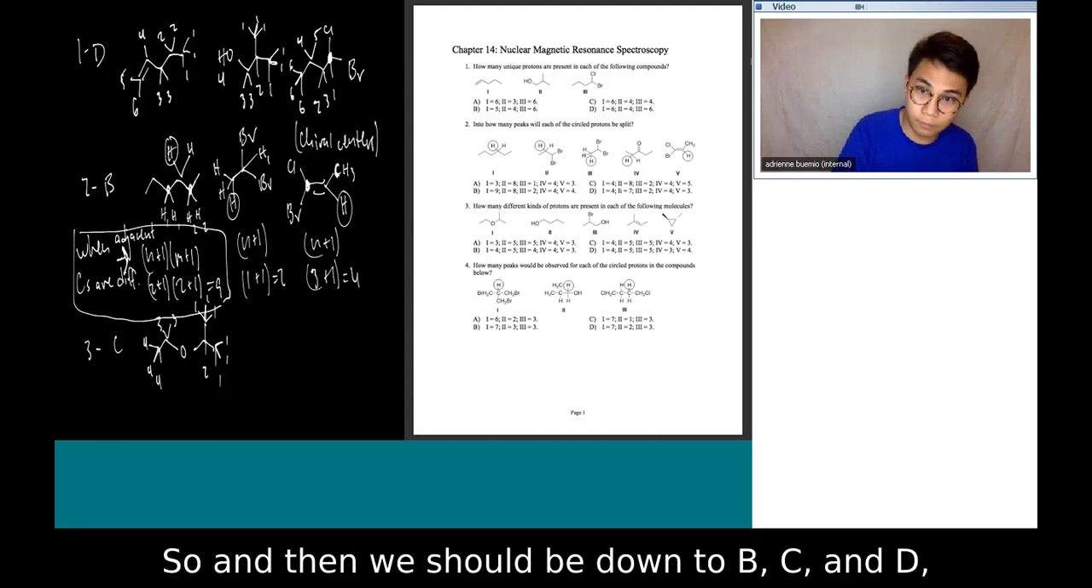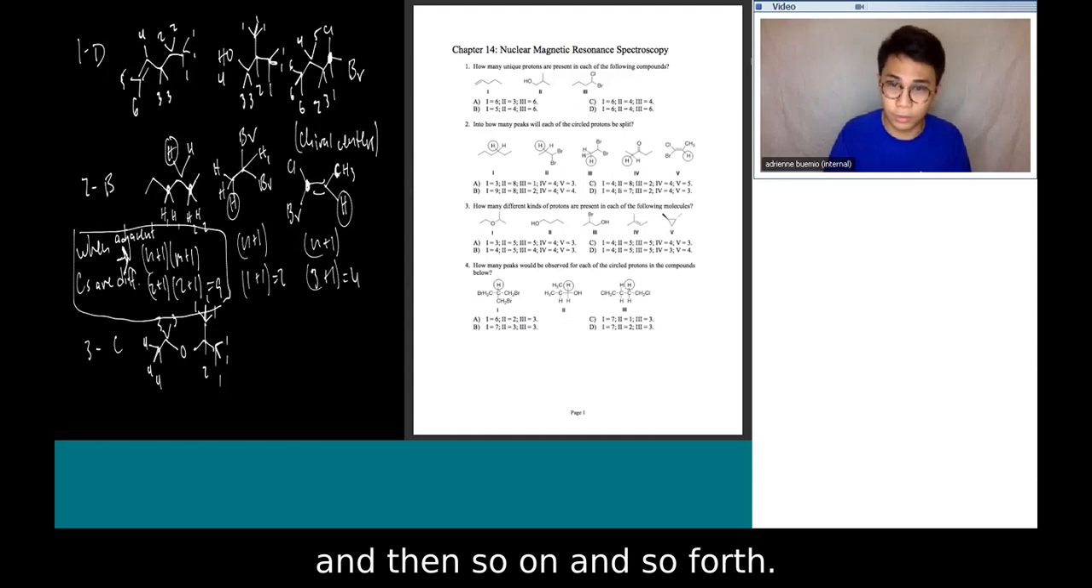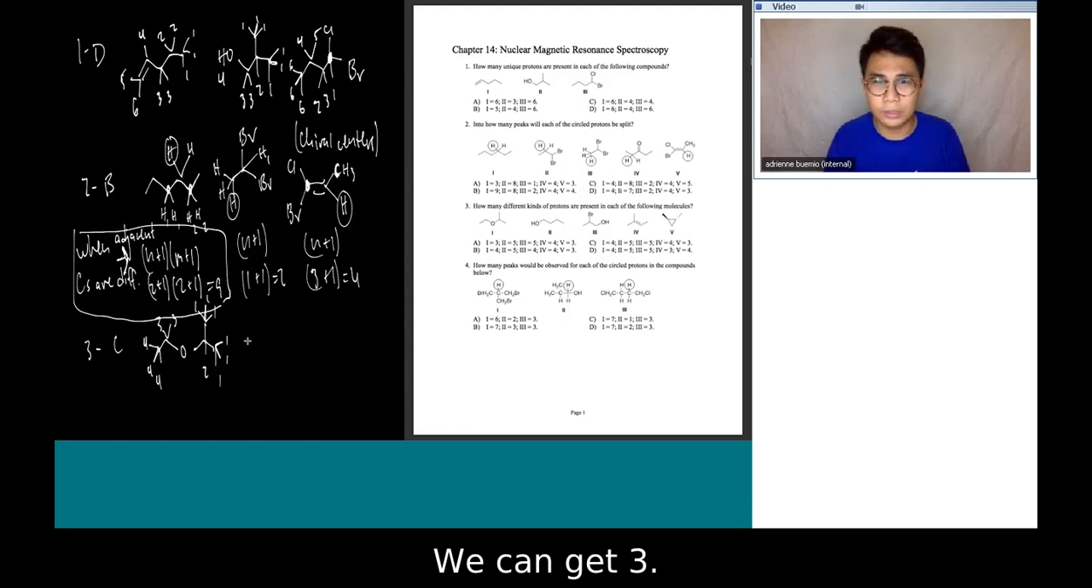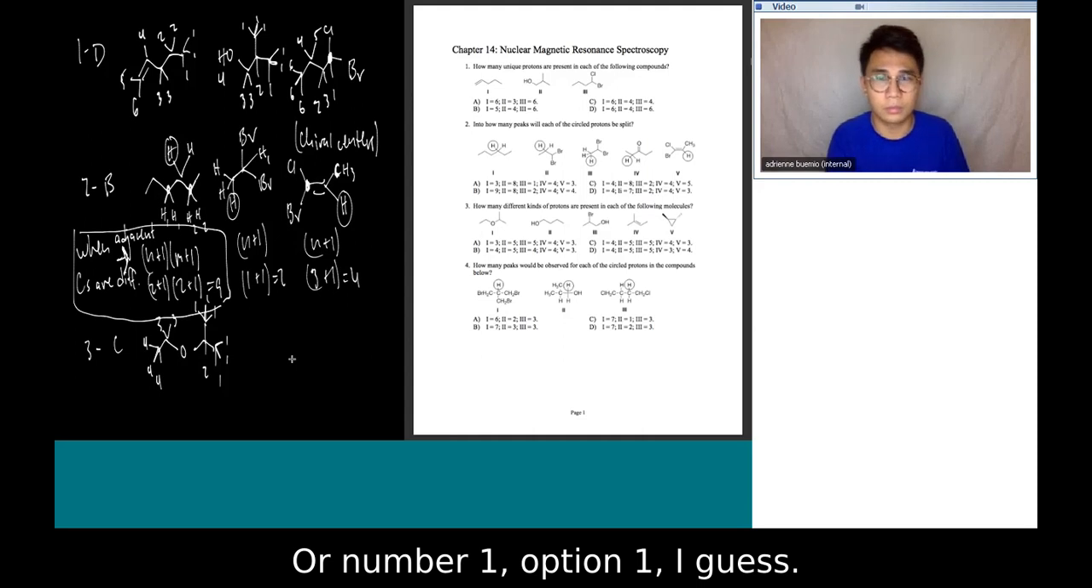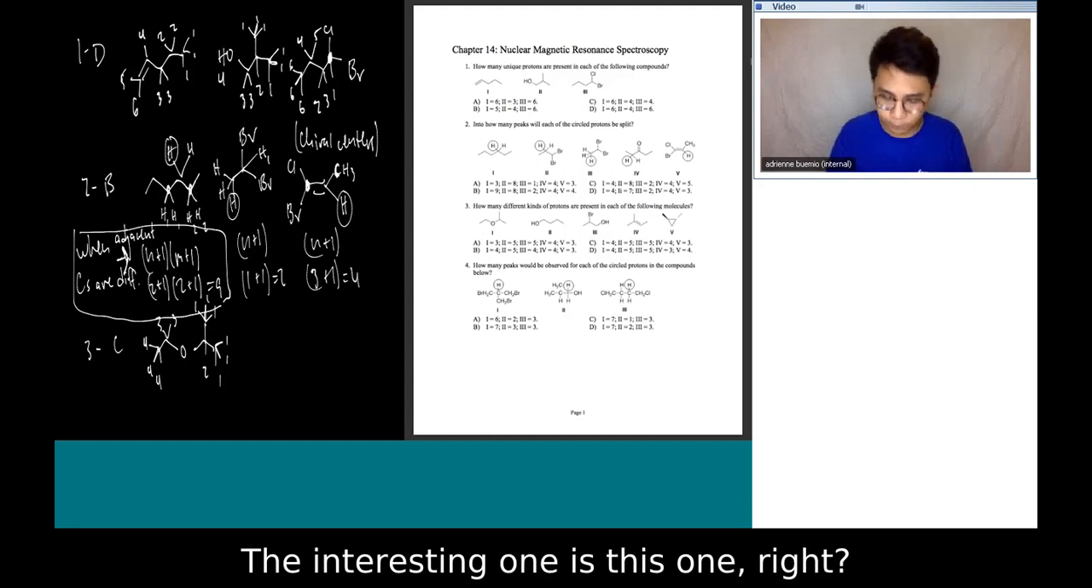So then we should be down to B, C, and D, and so on and so forth. So 2 we can get, 3 we can get, 4 is the same as 1A, right? Or yeah, number 1, option 1, I guess. The interesting one is this one,